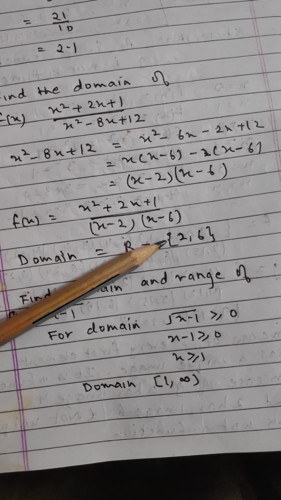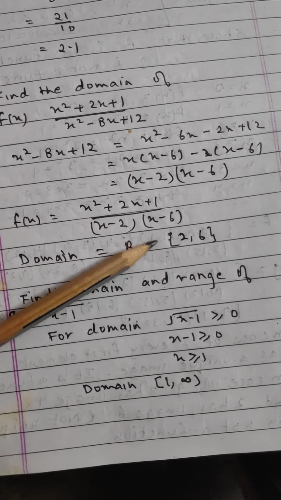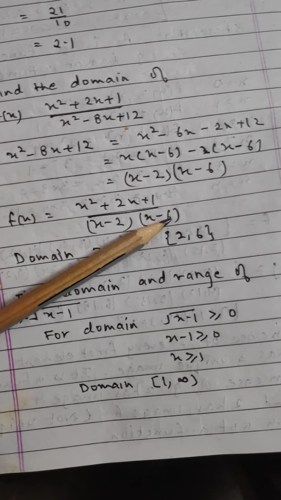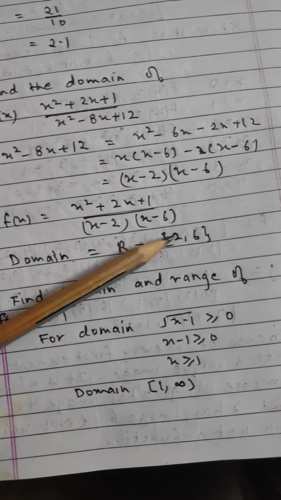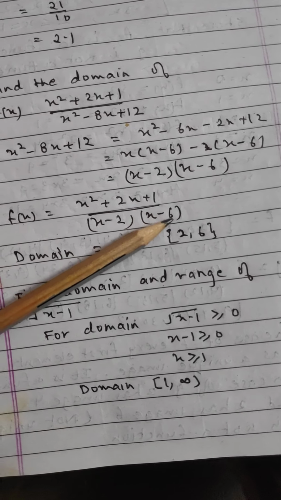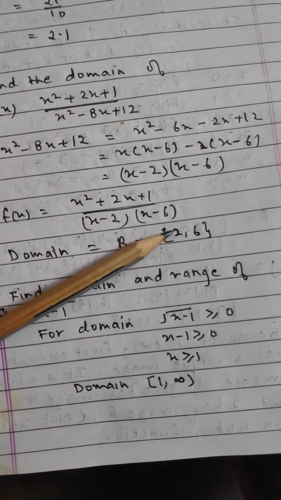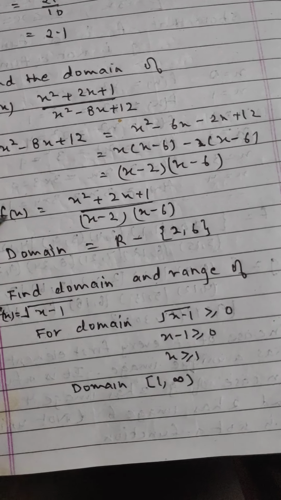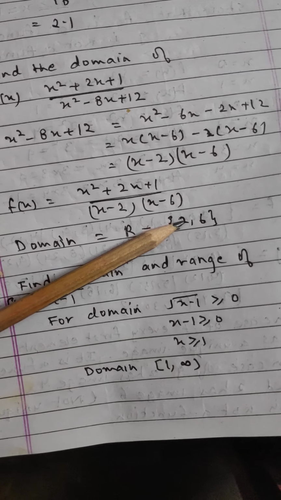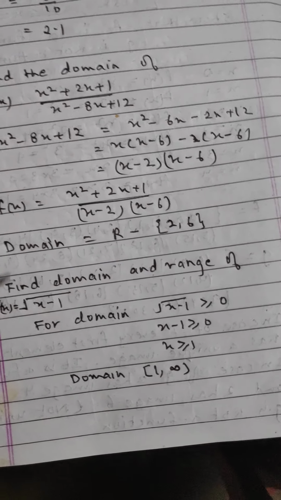See, this curly bracket means that we are including only 2 and 6. Had it been a round bracket, then elements in between would be considered. If we put a box bracket, then 2, 6 and all elements between 2 and 6 will also be considered. Curly bracket means only 2 and only 6 are considered.